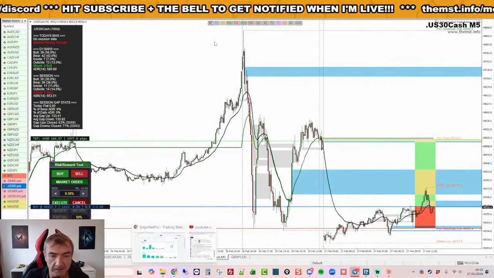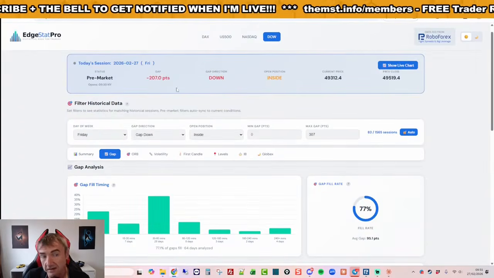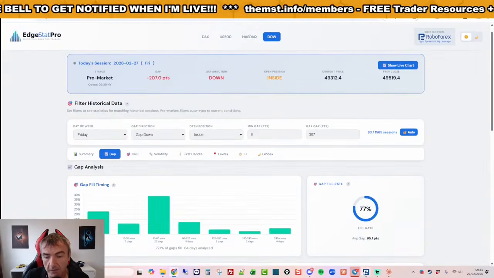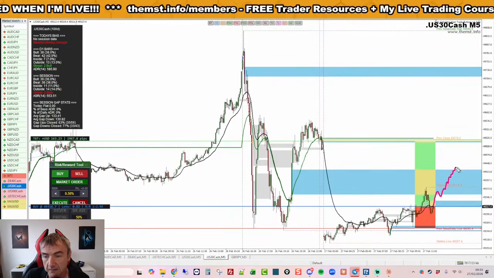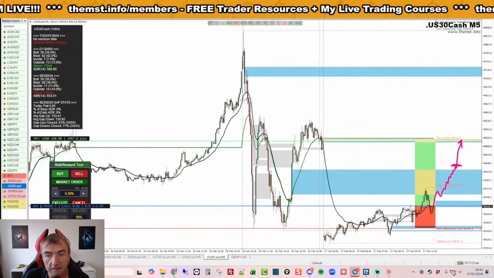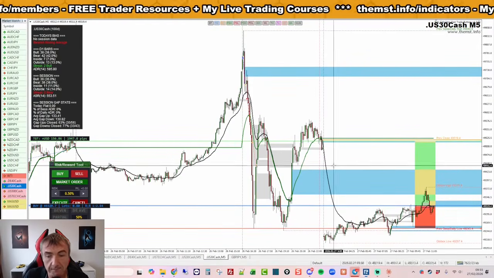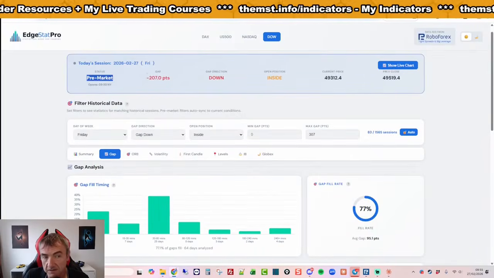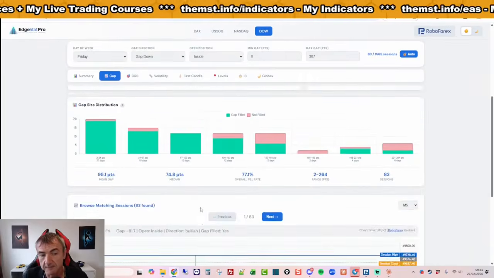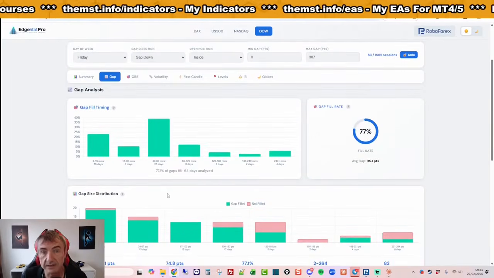That gap is shrinking already. Look, so that gap might not be there by the time we open. Yeah, if this trades up now to there, those statistics are all going to be different. Those probabilities are all going to be different. So this changes dynamically based on where we are now, because where we are now is not where we're necessarily going to be at the open.